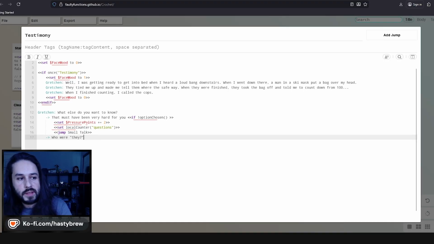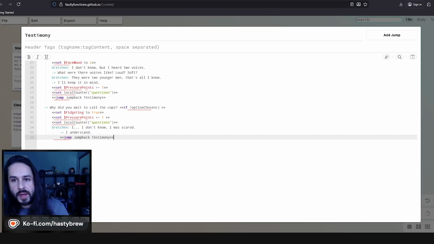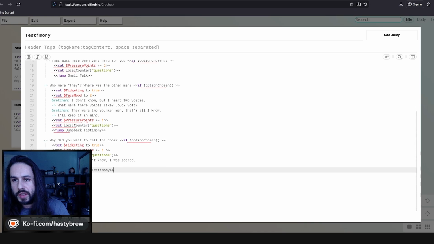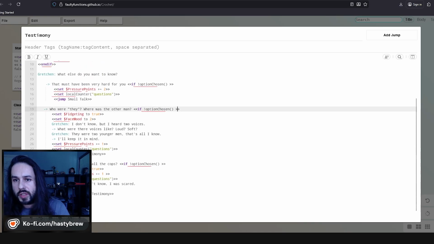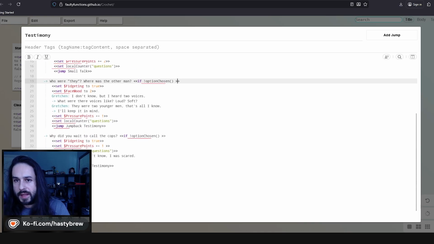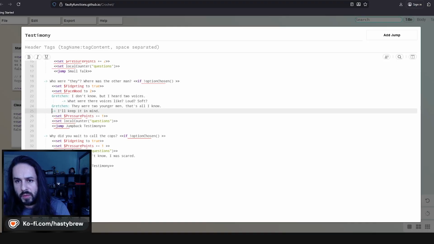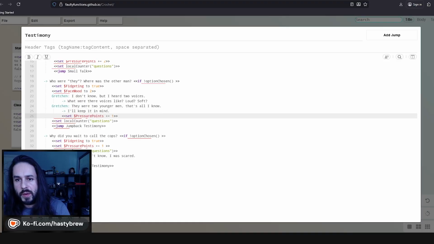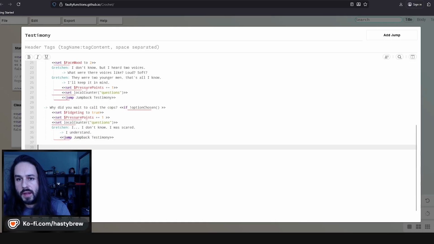Now, the rest of this is going to follow the same logic. So again, I'm just going to copy and paste this up until a certain point. So let's see, let's just get the rest of the questions out here. So I just copied and pasted from my notes the other options, the other questions. They all contain the same if option chosen. We follow the exact same structure that we've been doing, or we should be. And then we reach a point where the user has asked all of these questions and it's time to move out of